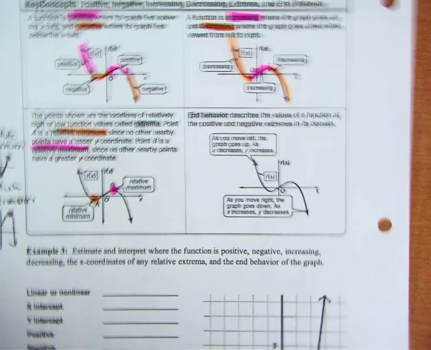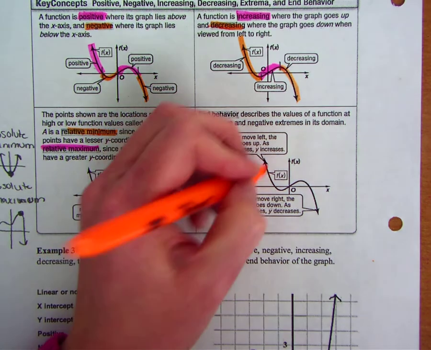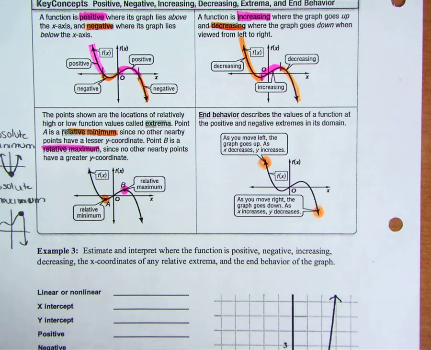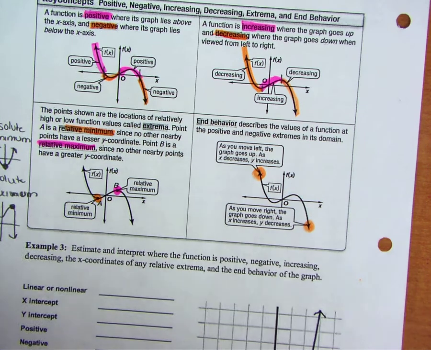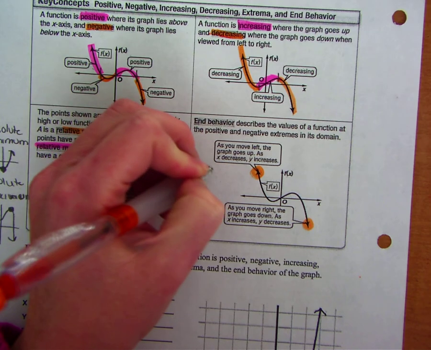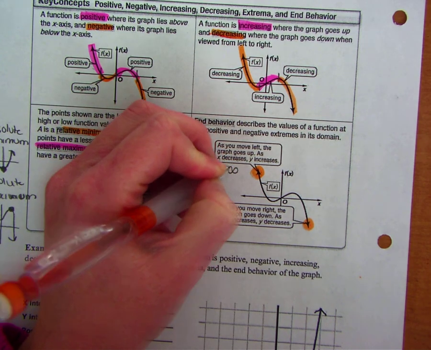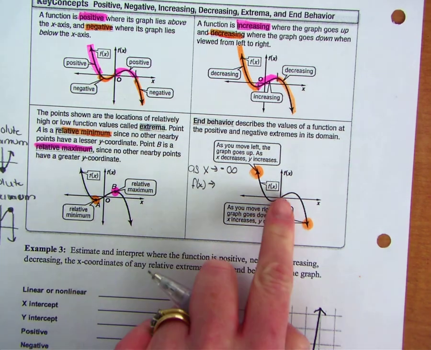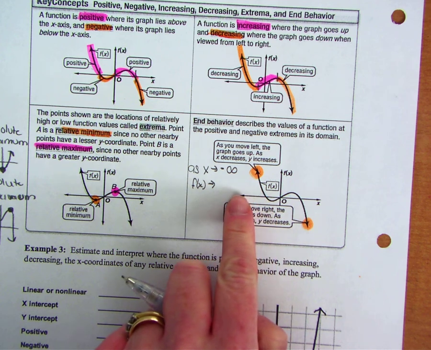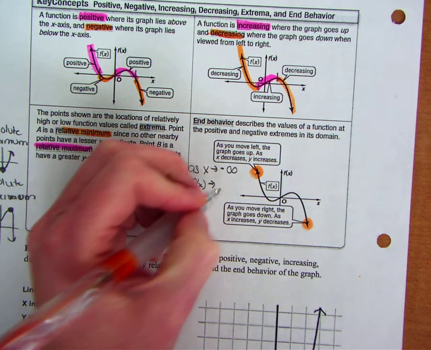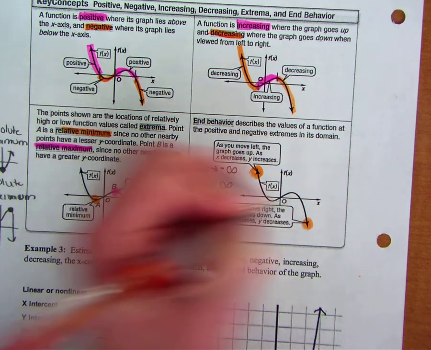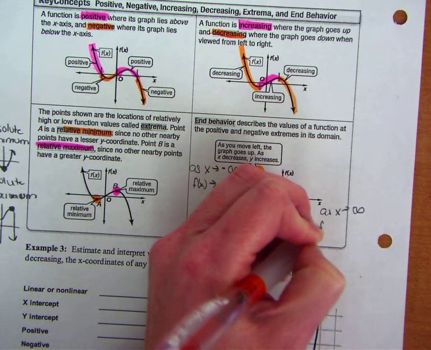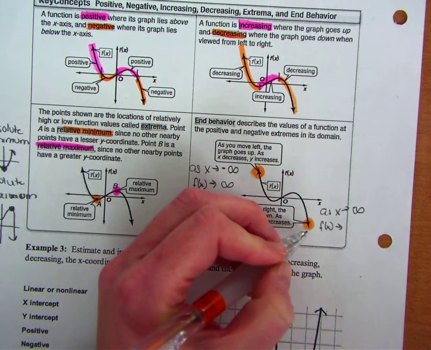The last thing we're going to talk about is end behavior. And when we talk about end behavior, we're looking at the behaviors at the ends. And there are nice arrows at the end of the function that are going to direct us to what the end behaviors are. When we write our end behaviors, we're going to write it as x moves towards negative infinity, f of x moves towards, and we're going to look to see where the arrow is going. So as we go towards negative x values, the arrow is pointing up, which is positive infinity. And then as x goes towards positive x values, f of x, the function, is going, and if you look at the arrow at that end,